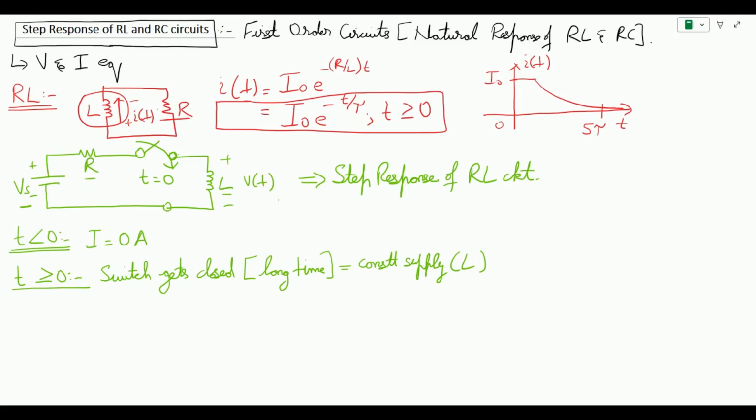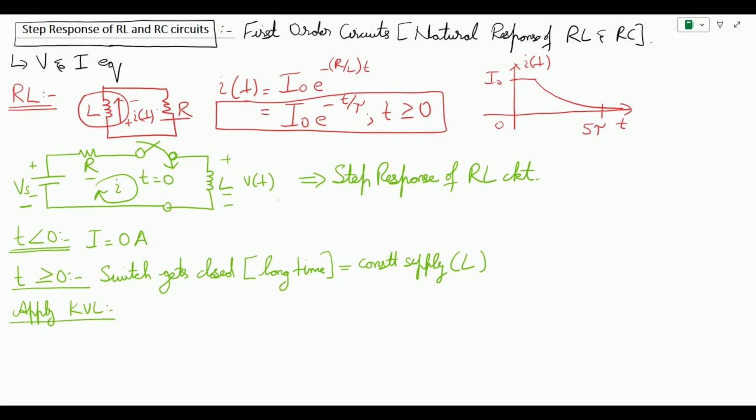So let us solve this circuit. We can see that as soon as the switch gets closed, the current will start to move, and we can define the flow of current in a clockwise direction. Now let us solve this and figure out the equations for the respective currents and voltages and see its graphical behavior. So let us apply KVL